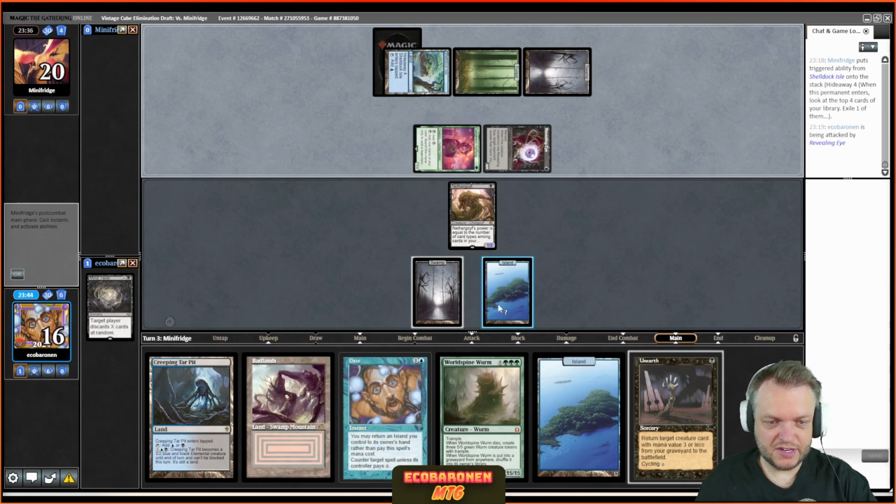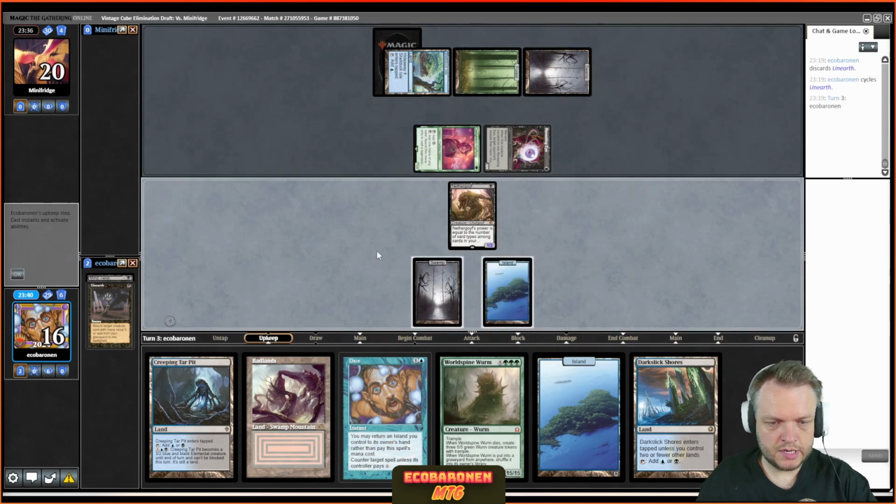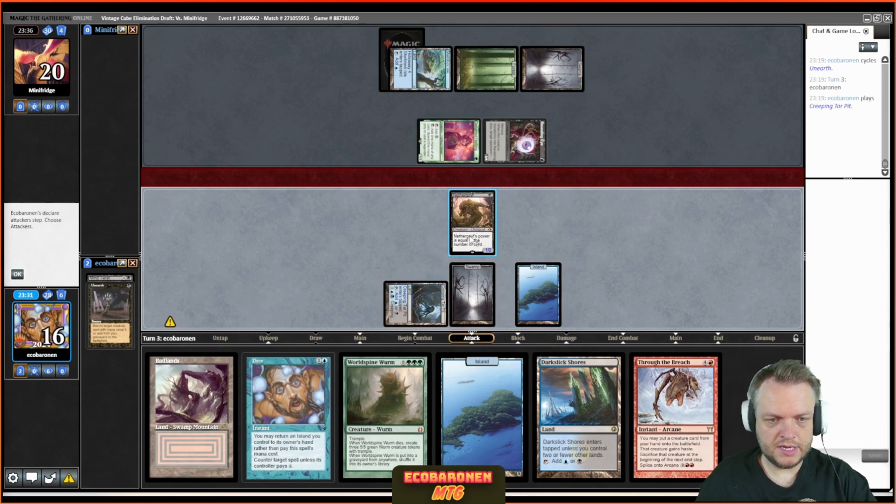16 here. I don't have infinite time. Cycle into bad card. Here's Through the Breach. Okay, so play land, attack for Uno. So now the question is, do I want to...